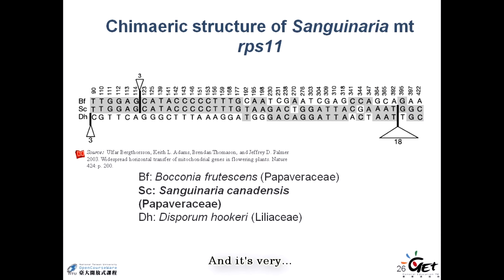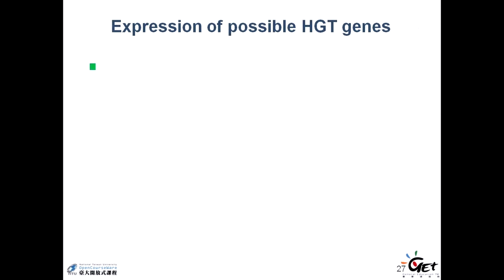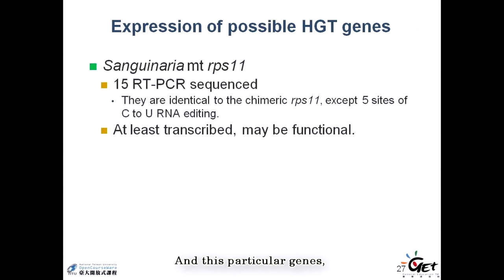And the evidence is very pronounced. If you compare the sequence, it's right here in the middle, and the 5' half is very similar to something else, and the 3' half is similar to the monocots. And this particular gene, RPS11 in Sanguinaria, is expressed. So if you do the RT-PCR, it's there, and also